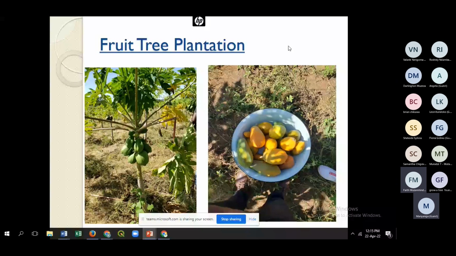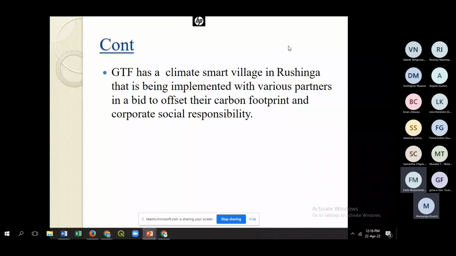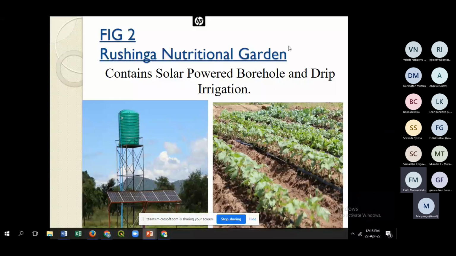So what you see on these photos is a project that has been mentioned about from Rushinga. It also covers climate smart agricultural practices. It covers use of climate smart technologies, and it covers the issue of biomass cook stoves and sustainable forest management. All these are critical elements that we are looking into to empower communities. From what you see on the photos here, these are the technologies that we are talking about: solar-powered irrigation systems, and then ensuring food and nutrition security.